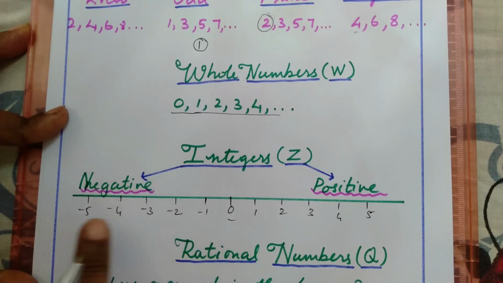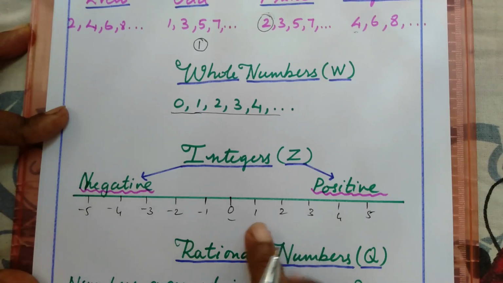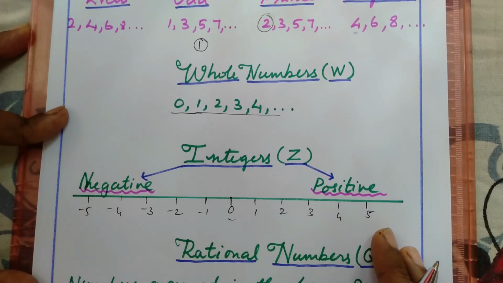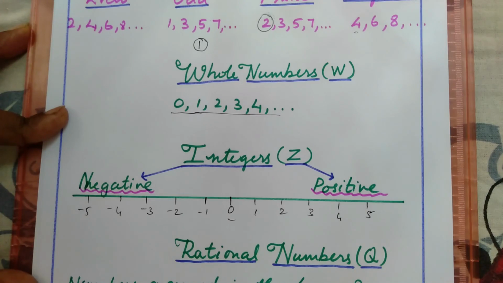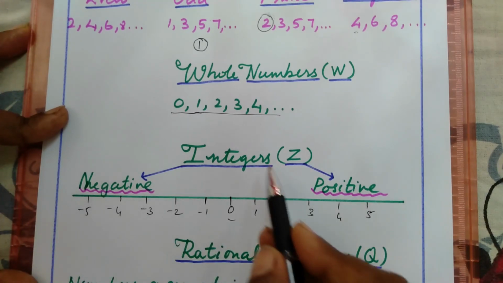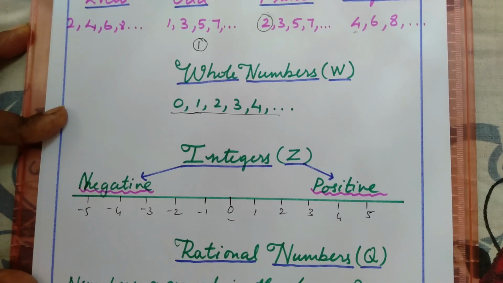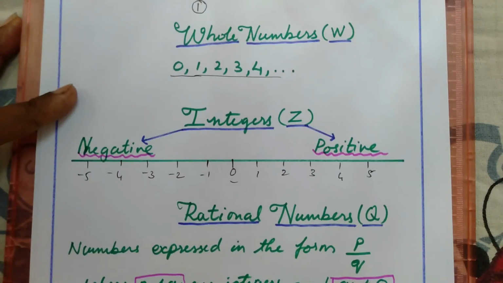So these numbers on the left hand side of 0 are called negative integers, and the numbers on the right hand side of 0 are called positive integers. So all the numbers which come on a number line are integers. Okay. The next one,